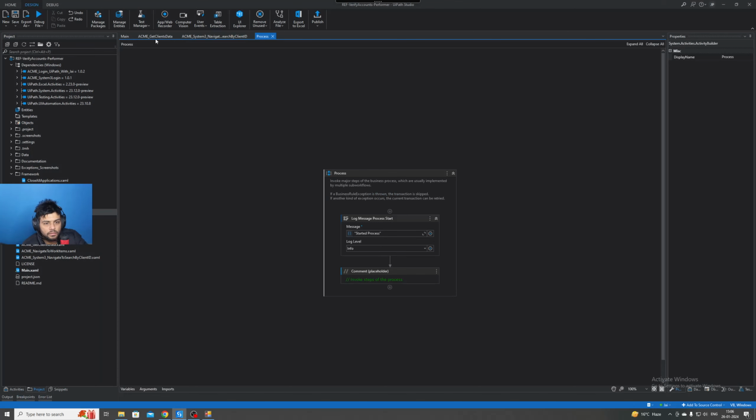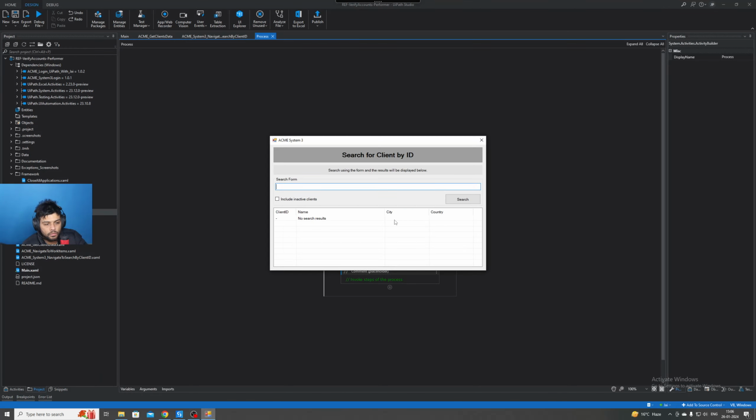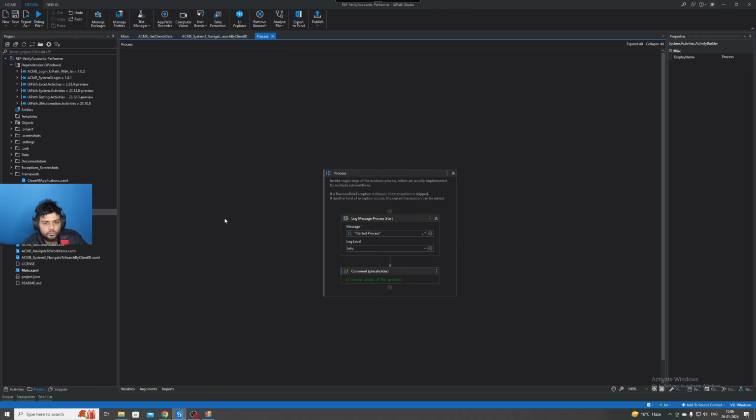Okay, we'll be navigating it later. Now I have to devise a workflow to enter the form, enter the data, click search, and press here, press over here, press here in this client ID, right? Okay, so let's go in sequence. Acme, we can say system, because there is a system 3 application. Okay, enter